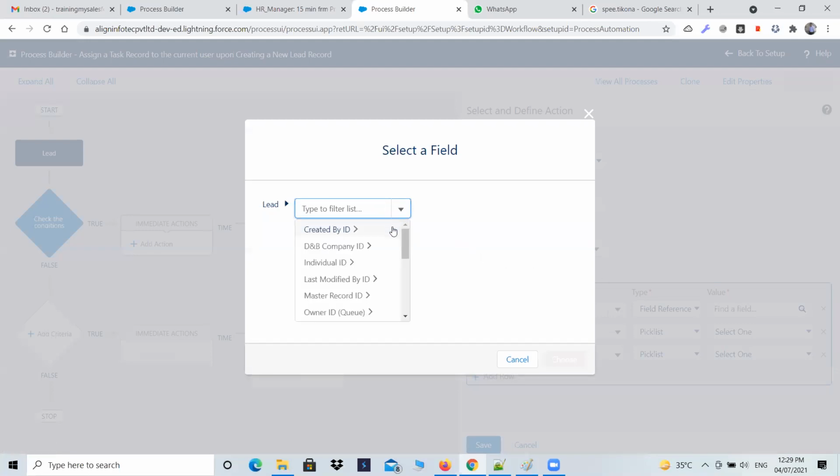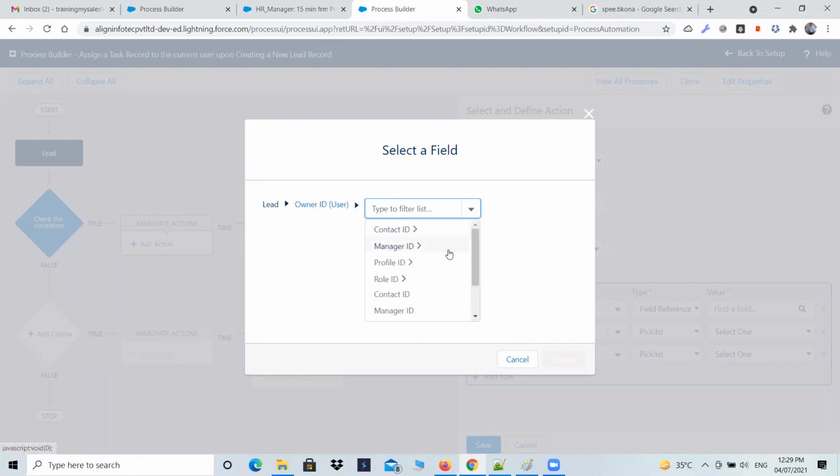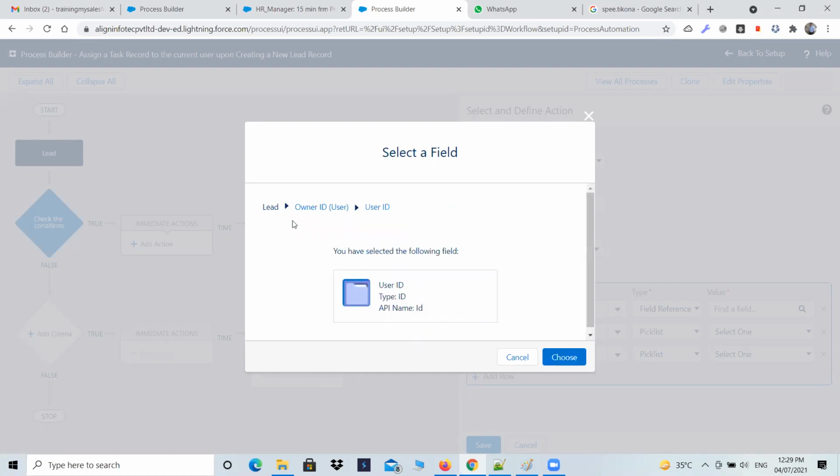फील्ड रेफरेंस असाइन टू आईडी, लीड के अंदर यूजर आईडी कौन कौन सी होती है, क्रिएटेड बाय आईडी, ओनर आईडी यूजर, ओनर आईडी यूजर, ठीक है। उसके बाद आईडी, कॉन्ट्रैक्ट आईडी, मैनेजर आईडी, यूजर आईडी, यस, ये लिख लो जरा सा आप लोग, ठीक है। लीड ऑब्जेक्ट में जाके जो भी यूजर है जिसने वो लीड क्रिएट किया उसका आईडी कैप्चर करना। लीड ऑब्जेक्ट में जाके, जैसे हम है यूजर अभी फिलहाल, ठीक है, हमने जो लीड क्रिएट किया, रिकॉर्ड क्रिएट किया, उसका आईडी कैप्चर करना। और बिकॉज वी आर ऑल्सो यूजर, तो हमारी आईडी यूजर से कैप्चर करना,